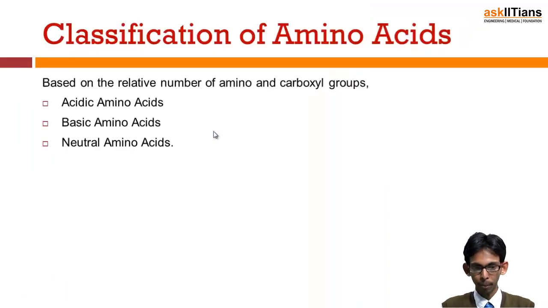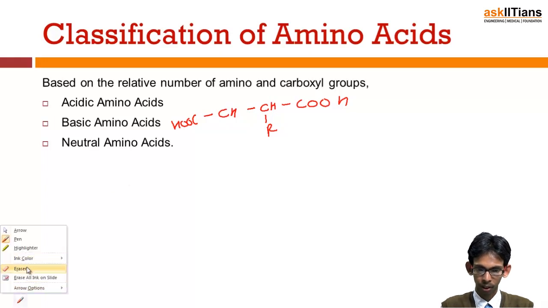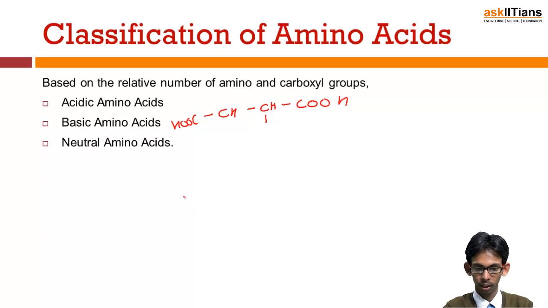Next is classification of amino acids. Based on the number of amino groups and carboxylic acid groups, amino acids can be classified as acidic amino acid, basic amino acid, and neutral amino acid. Now let's see what these are. Let's say this is the group, then there is CH, COOH, another group, and then let's say an amine group. From this, we see that there are two acidic groups, but there is only one